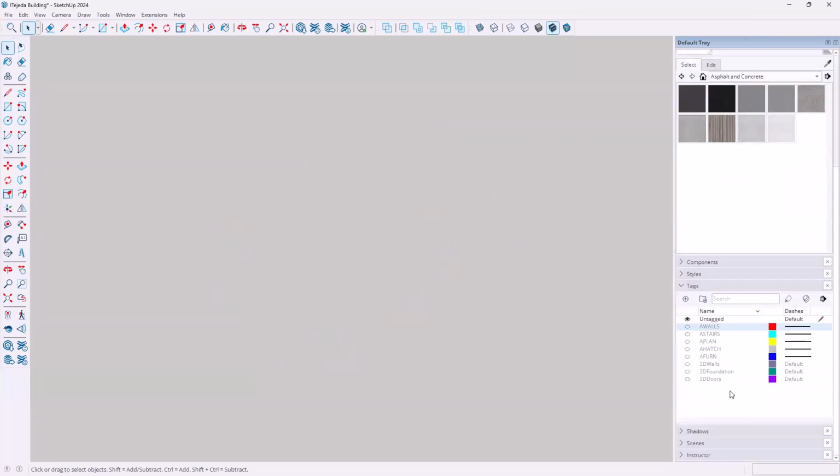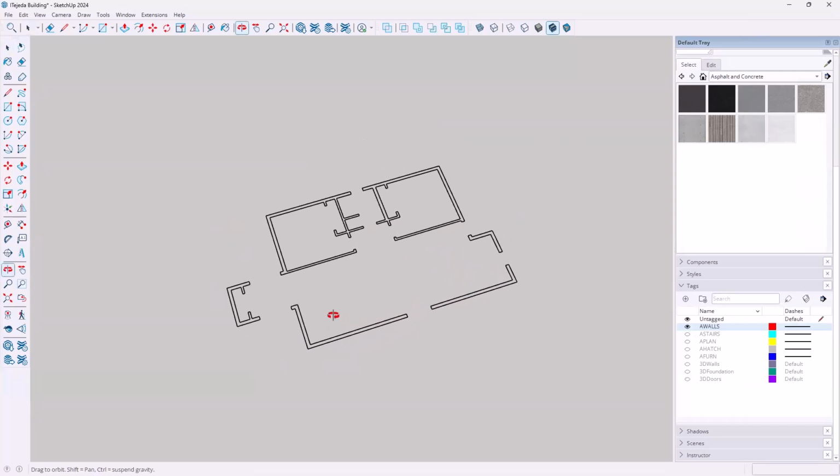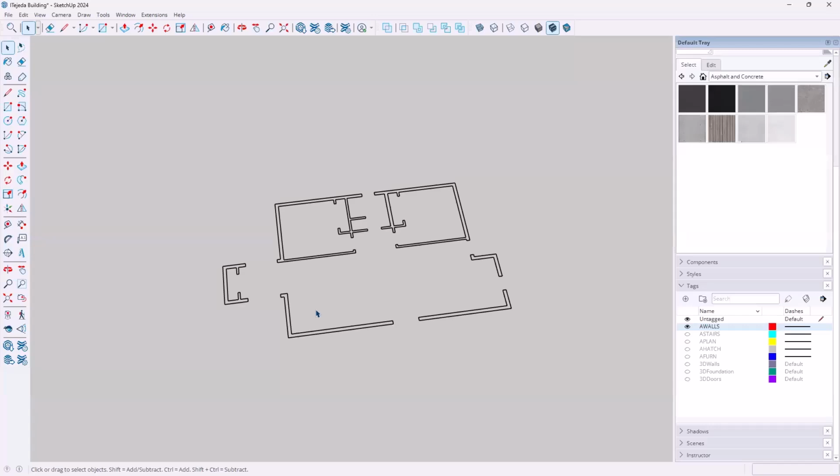There we go. And then what I can do is turn on my walls. And it's easier if I just focus on this footprint, because then I can start to draw some lines and use them to define my roof. So first, I'm going to start by generating a rectangular shape. So I'm going to draw a line from this corner over, and I'm just going to let it go past